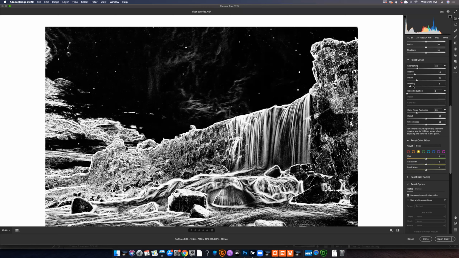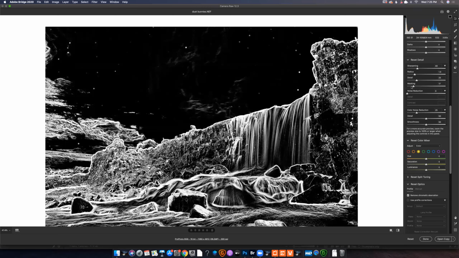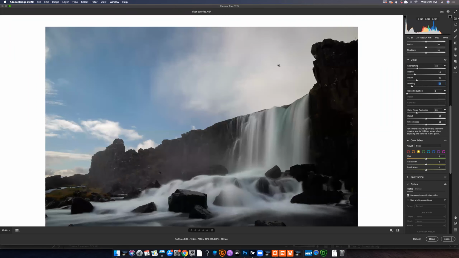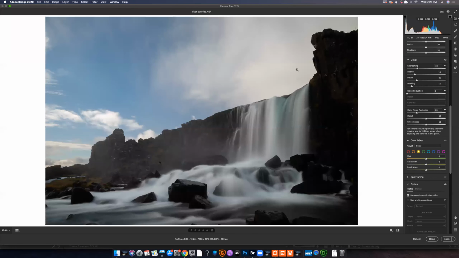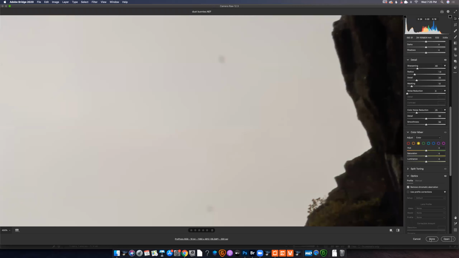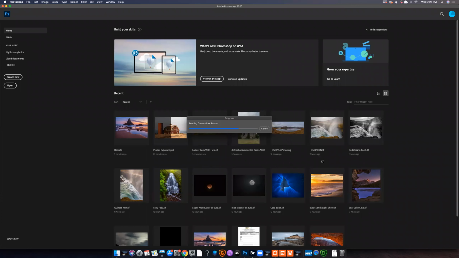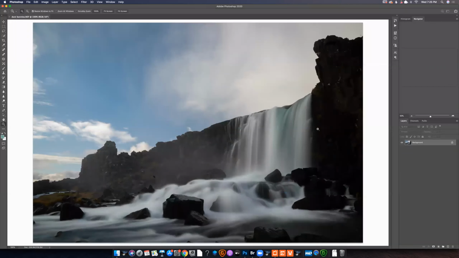So I like to use the masking tool, and then I can see where they are, and then I can go back in and clean them up. I'm going to show you guys how to do that in just a second. I'll go ahead and open this image. There's a couple ways to do it, but there's one way that's fairly fast. So once I have them identified,